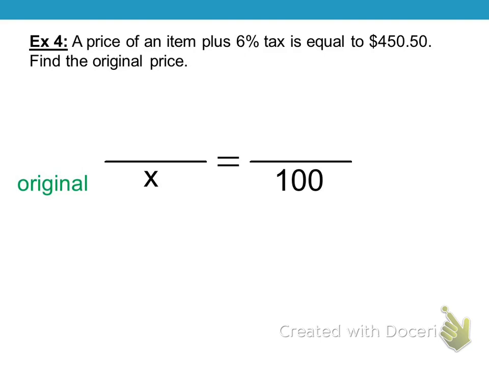Now, we know the total price that she paid. Do we know the total percent that she paid? Yes. 6%. 106%. Ding, ding, ding. When you buy something, they add the tax to the price. She didn't get a discount, so she paid the 100% of the original, plus she paid the 6%